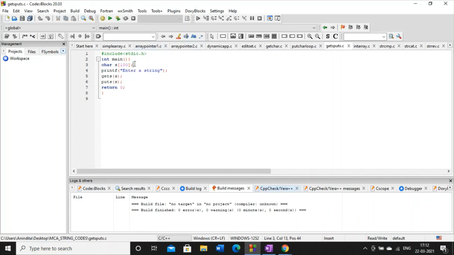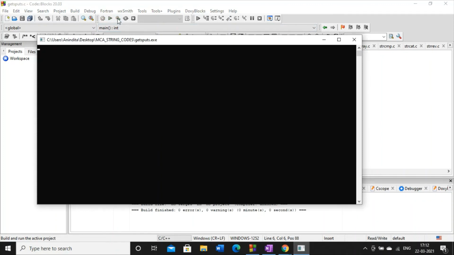This is a classical example of gets and puts. I have taken one array, of any size, and then I'm just taking the input. To take input in this array, I'm just passing the base address of the array to the gets function. The gets function is very easy to use because it only deals with the base address. There will be no specifier, so there will be no confusion of %s or %c. And puts will also take the help of the base address and it will print the output. So enter a string, so this is the output.